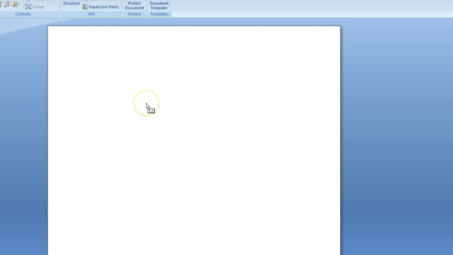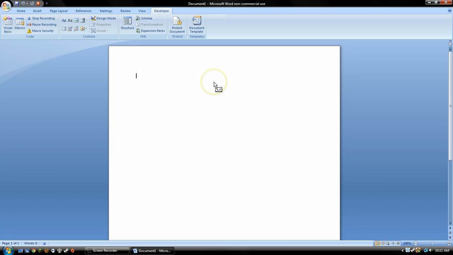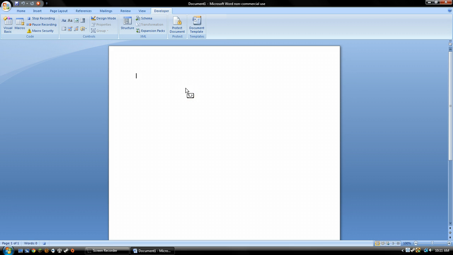And now we are recording. See right here on my cursor, you see the little cassette? That means it's recording. So anything we do in Word is going to be recorded to that macro. So make sure you don't type anything yet, or don't really do anything in the Word document, because you are recording right now. So what I do when I grade,